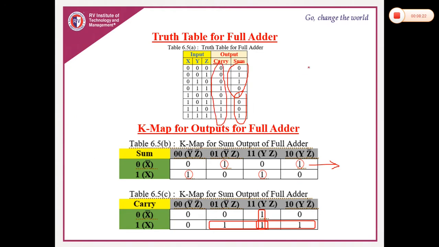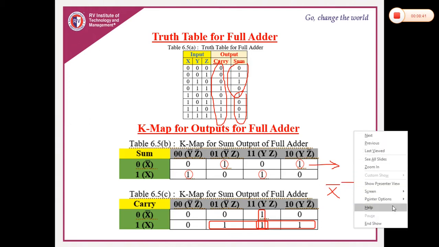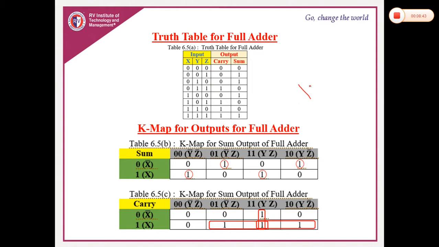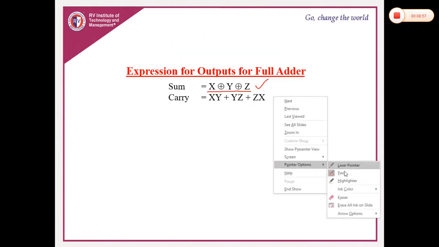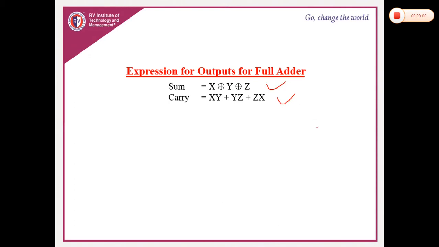Carry expression, so it is 0 0 0 1 0 1 1 1. After putting all these things in the K-map, there is no octet possible, there is no quad possible, only pairs are possible. You can see 3 pairs are possible, between this and between this. If I write the expression for this, you will get, okay, this is nothing but the carry expression. It is nothing but xy plus yz plus zx. Okay, so that is nothing but the carry expression. The same thing is written here, xy plus yz plus zx. So sum and carry, we got it.